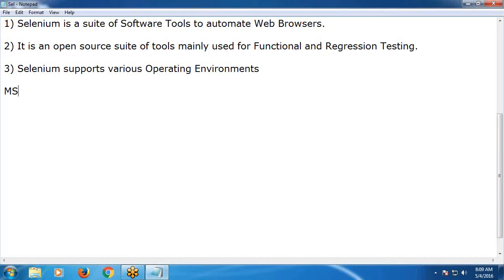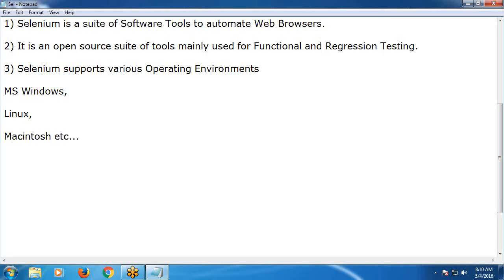For example, Microsoft Windows, Linux, Macintosh, etc. It supports all popular operating environments. Example, Windows, Linux, Mac. For example, UFT, formerly QTP,